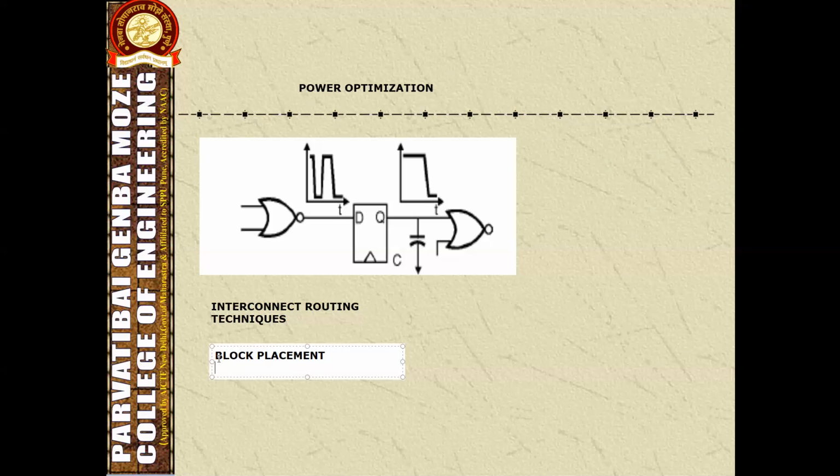In addition to this, the layout design is divided into placement and routing. In global routing, the first part is